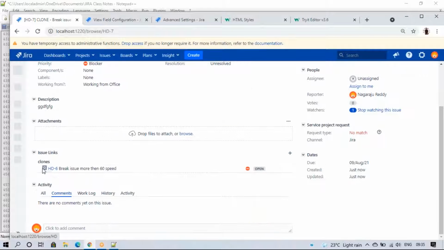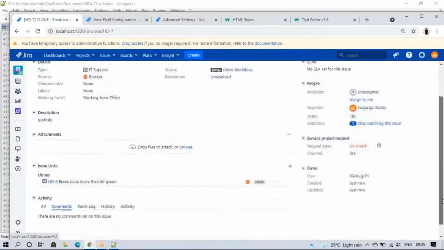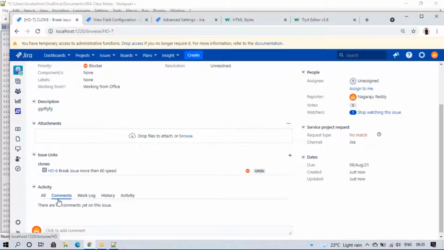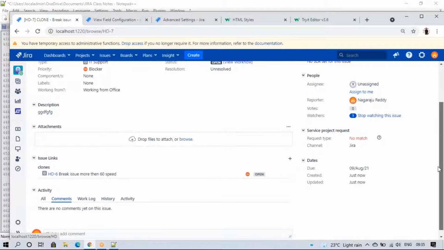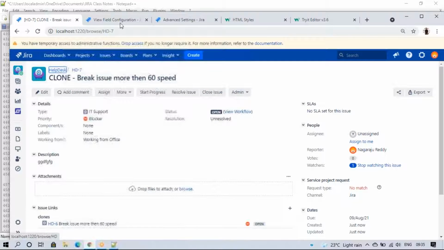See, this is the actual ticket and it is cloned. Cloning means we are creating one duplicate of the ticket. Exactly everything will come except comments, history, and time tracking. If you have time tracking, that will not come. So these three will not come. This is an important question too. Okay.